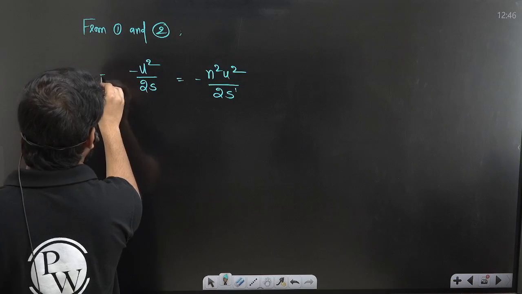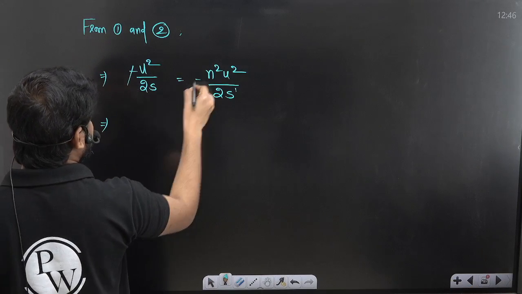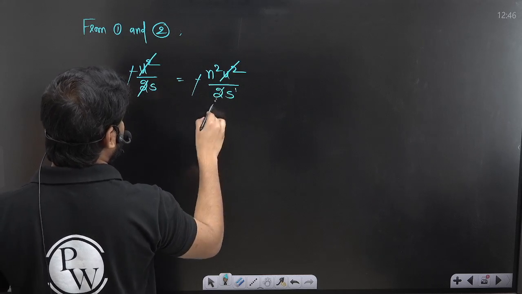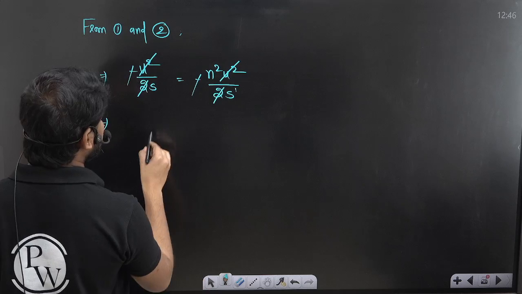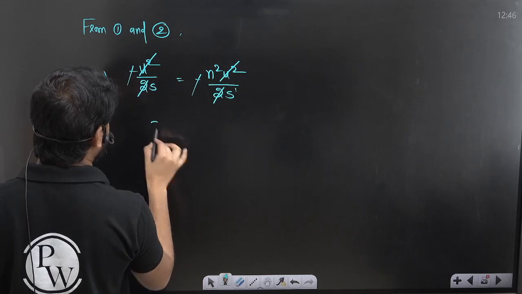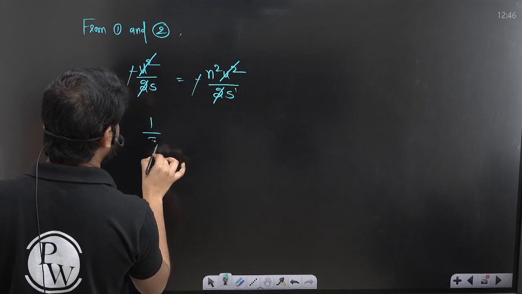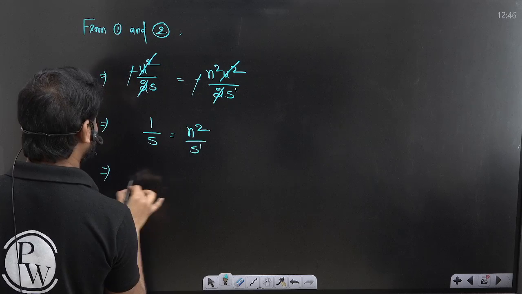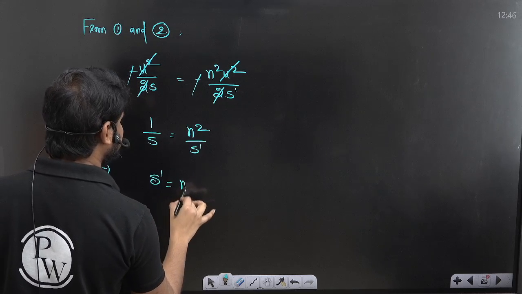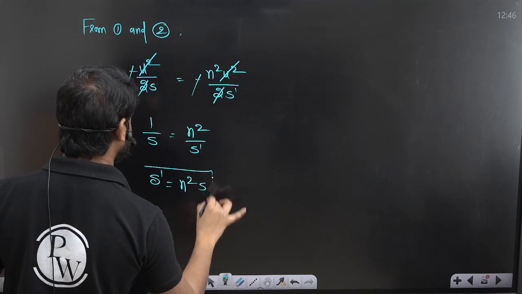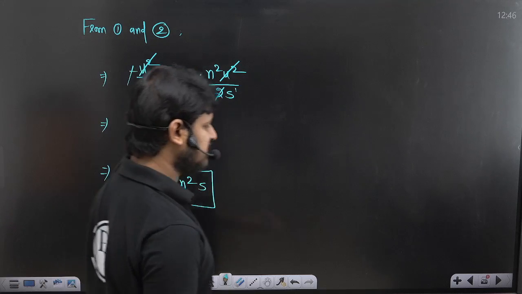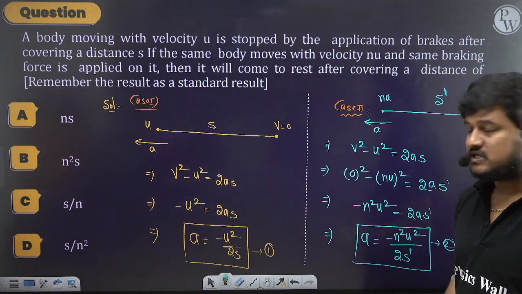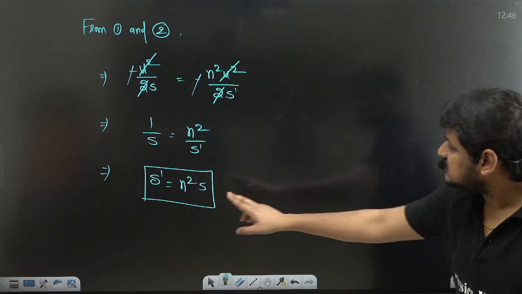Now minus minus cancels, u square cancels, 2 cancels. Then whatever terms remain, 1 by s is equal to n square by s dash. Cross multiplying, s dash is equal to n square times s. So if you increase the speed by n times, the distance after which it stops is